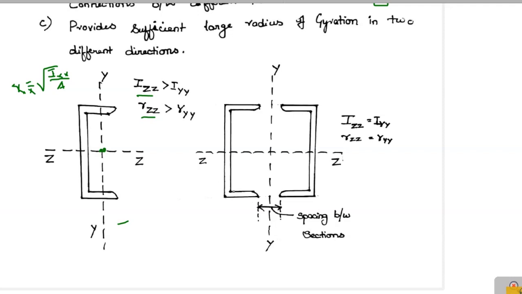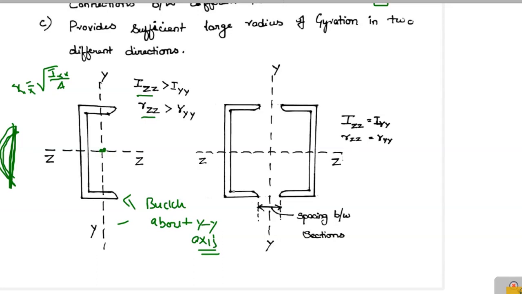So what can you say is this section is going to buckle about YY axis. If this is the section, it is going to buckle in this way. Okay, about y axis, it is going to buckle because radius of gyration is small and moment of inertia is